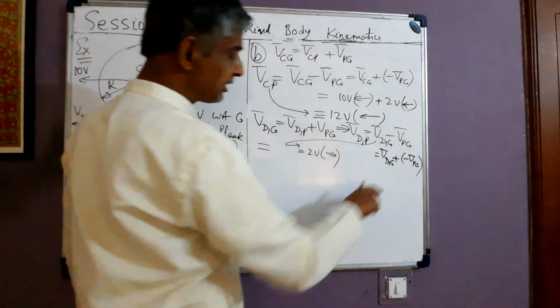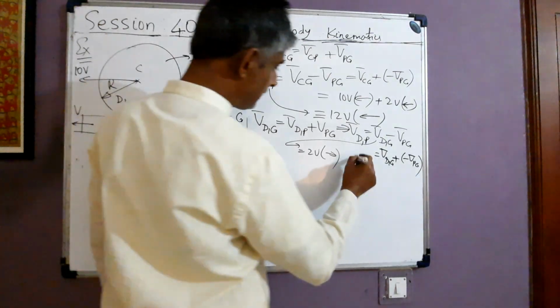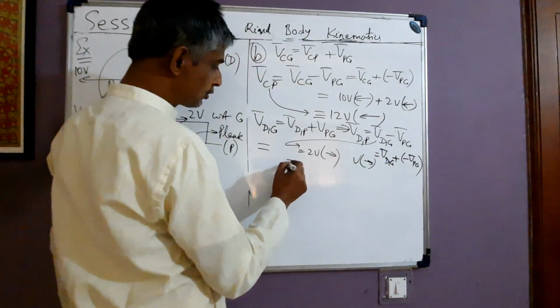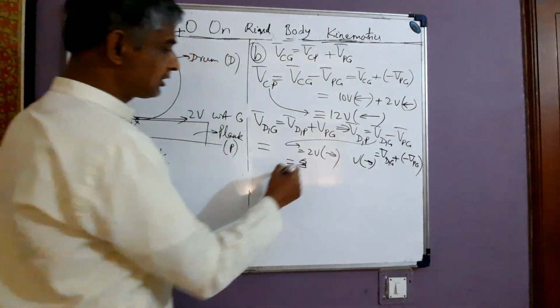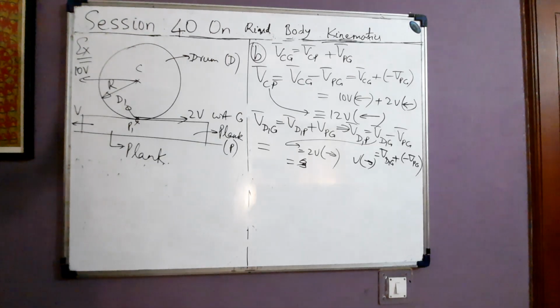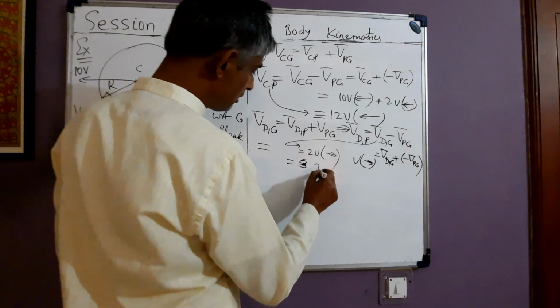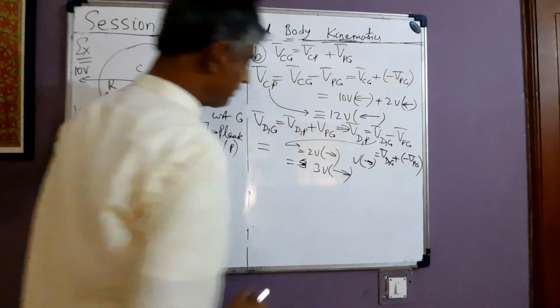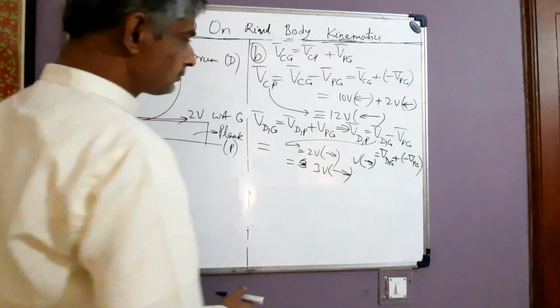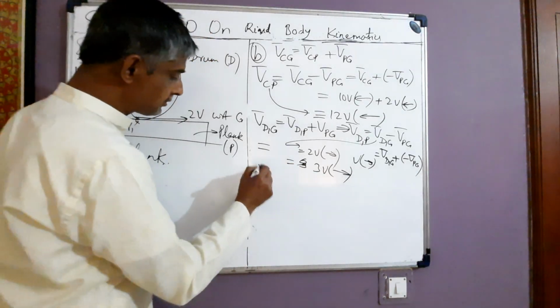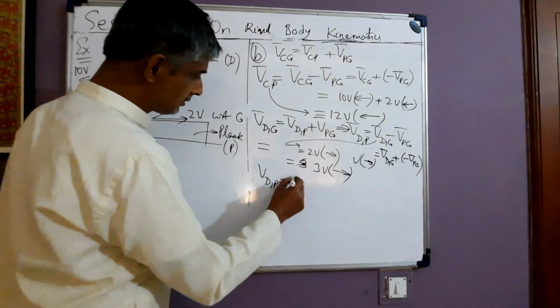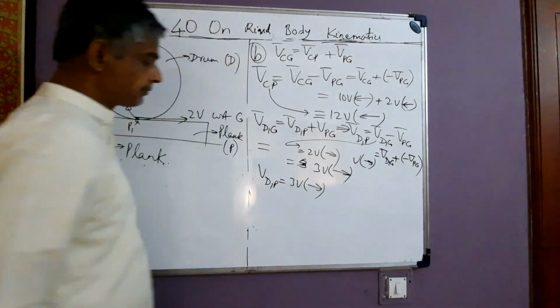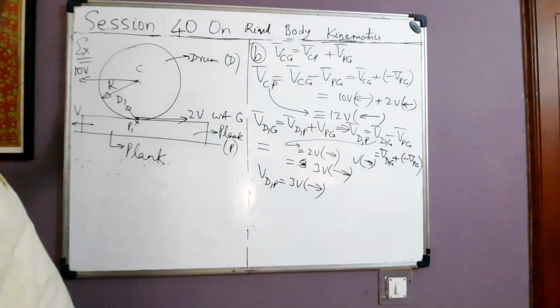So minus VPG, that is reverse of VPG, is V right. Vectors of these two will be 3V right. So VD1P becomes 3V right, and VCP becomes